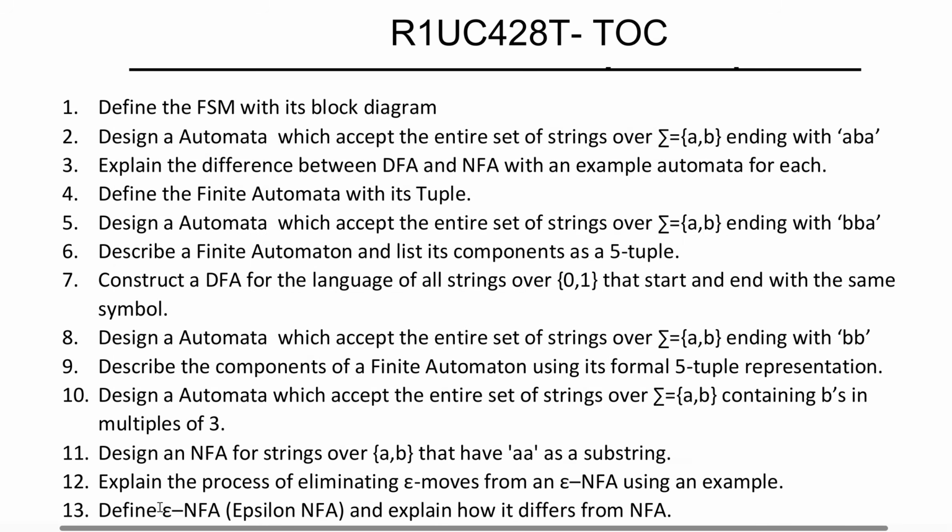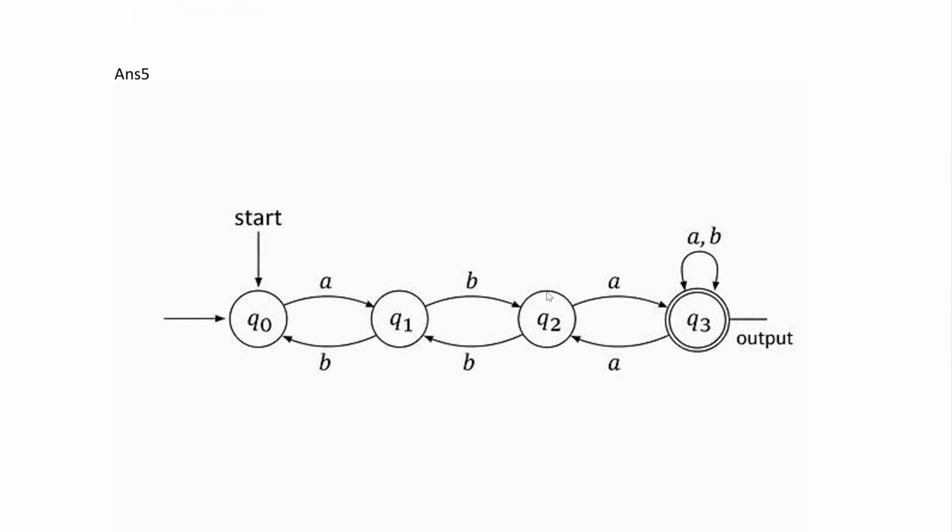Now we jump to the next question, that is question number 5, which says: design an automata which accepts the entire set of strings over sigma, that is the set of input alphabet, where A and B are input symbols, ending with BBA. So as you can see, this is the automata which